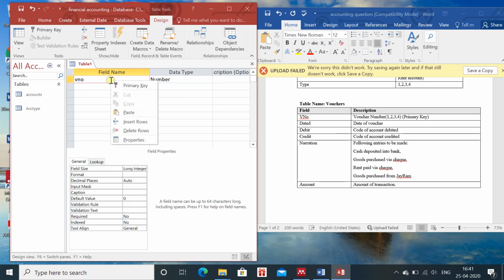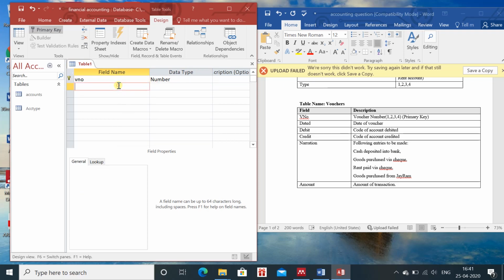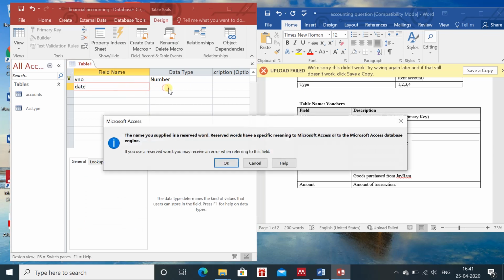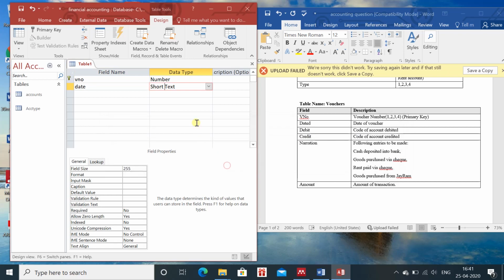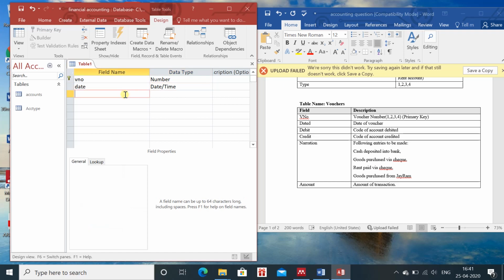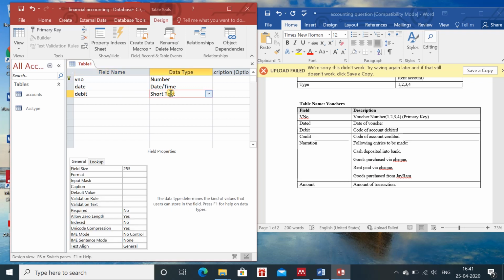Again we have to create a primary key, so we are creating the primary key. Then date, we know that date. For date we need date or time format, so date will come in date format. Then we have debit. For debit, they have written code of the accounts debited.